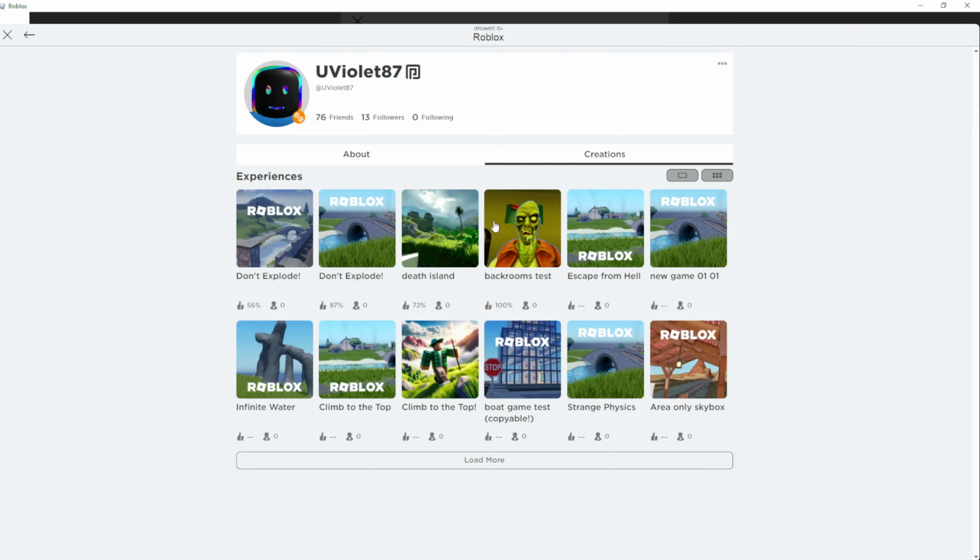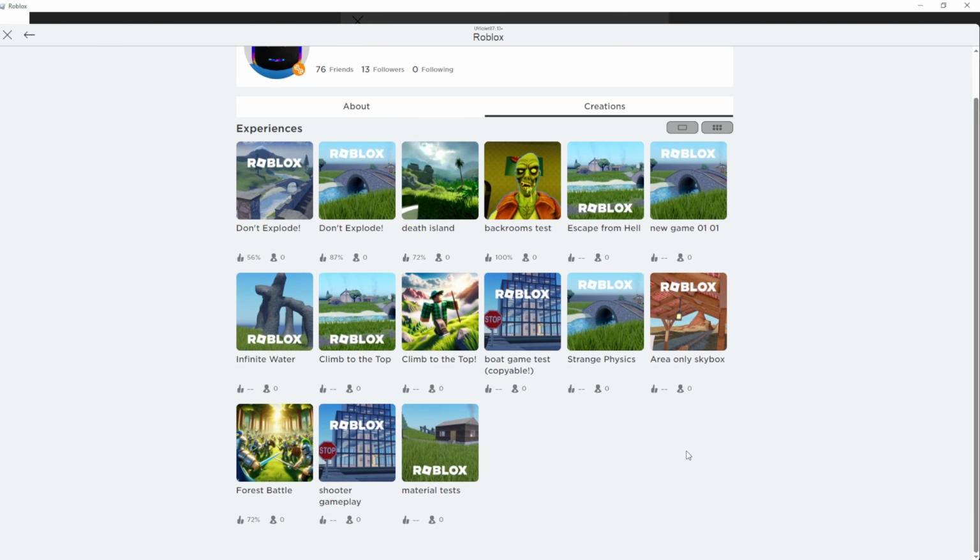Creations. I'm going to clean this up a bit. This strange physics thing is really weird. Maybe I'll show that too. There's kind of a bug in how the sky works with the sun and the moon and all that that you can see in here. I need to improve the thumbnails and then remove anything that's really super boring and a waste of time for